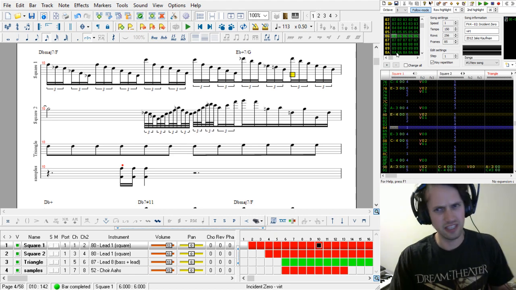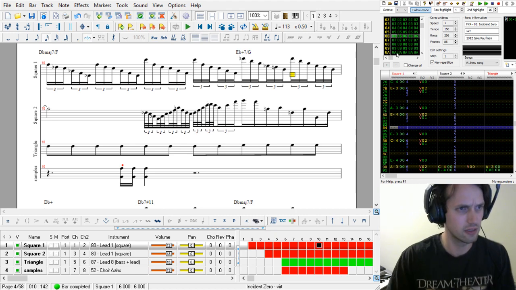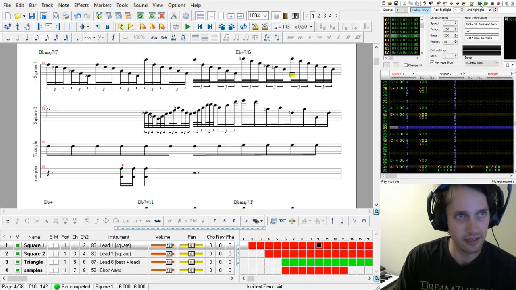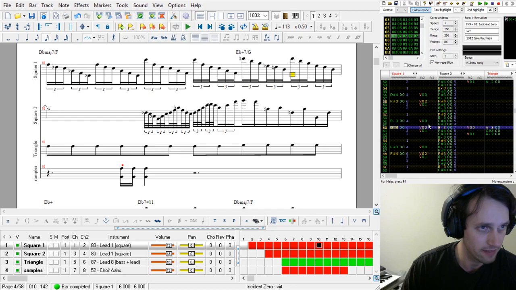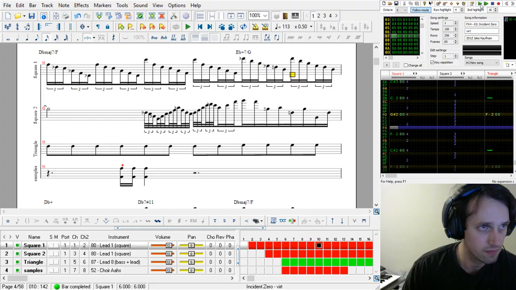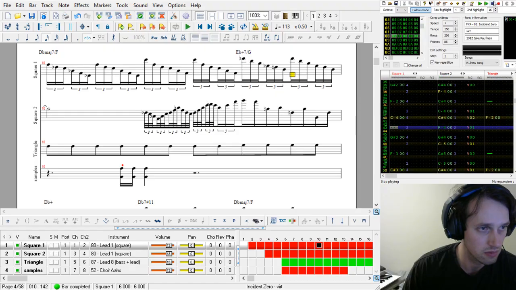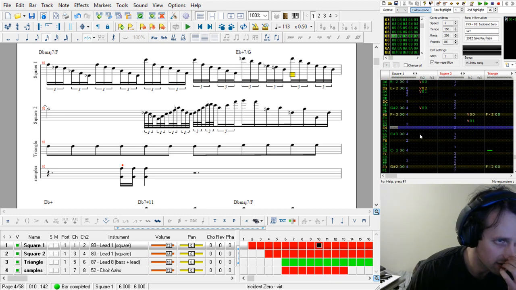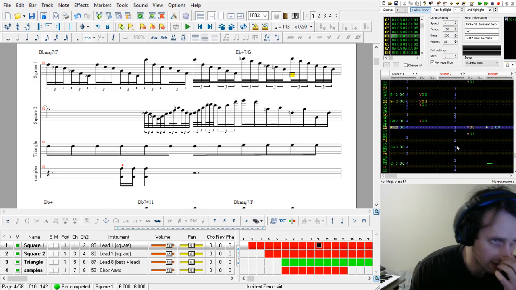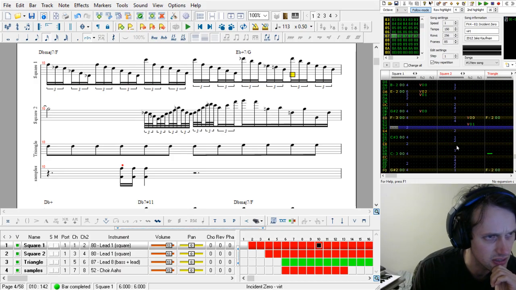I think V sets your duty cycle, which will affect the timbre of your square waves. It'll make the pulses skinnier or wider and affect the way the wave sounds as an instrument, regardless of rhythm. But anyway, to get here, maybe this isn't the best place to demonstrate it because of all these other notes and volumes flying around. Oh, right, so square wave 2 soloed. Let's solo wave 1 there. Actually, this is an okay place to demonstrate it. The 2 here just shows these waves fading away.